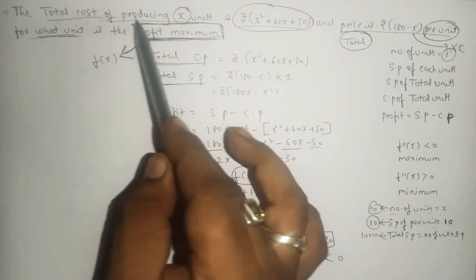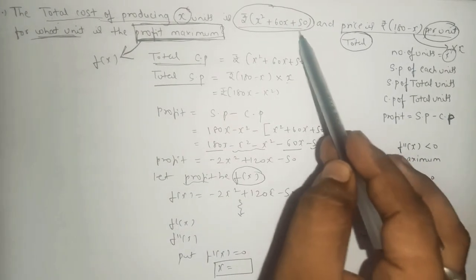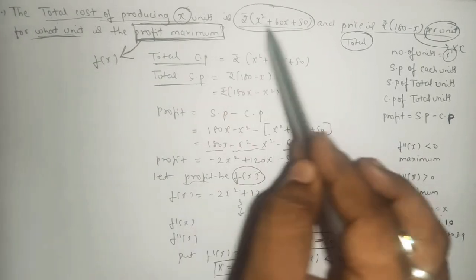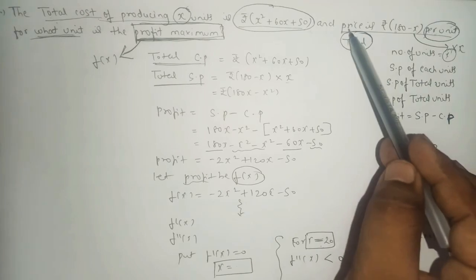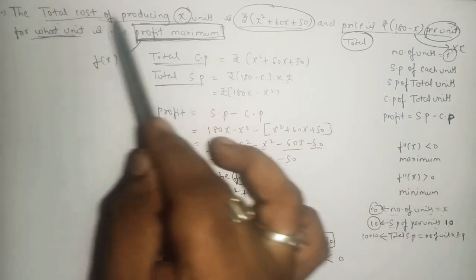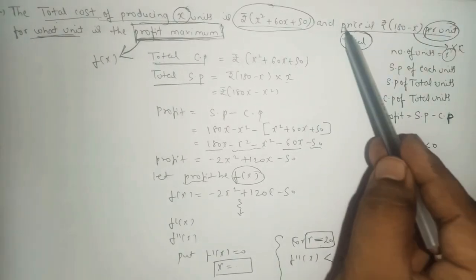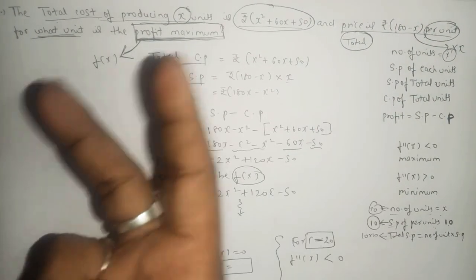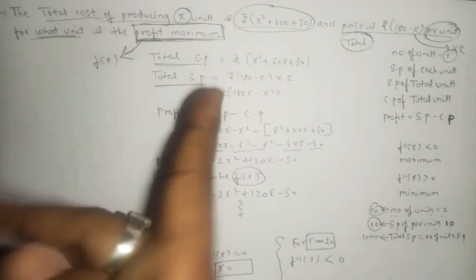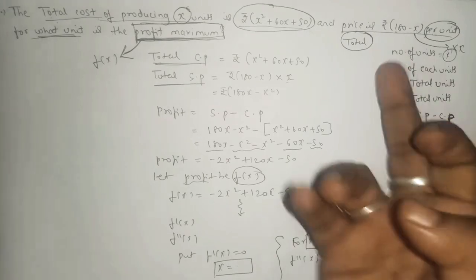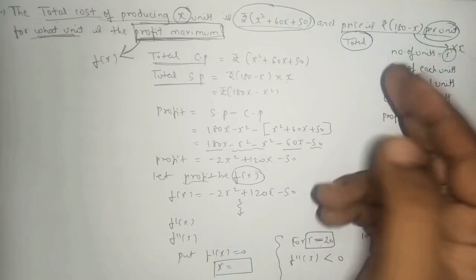So for the cost price here it is not mentioned per unit, so we can say that this is the total cost price. But for this section, if this section is the cost price, then common sense, the second part will be what, the selling price. We have two types of price, selling and cost. So this section is cost, so of course this part will be selling price. So selling price, here it is mentioned per unit.